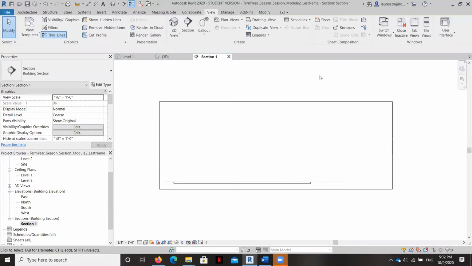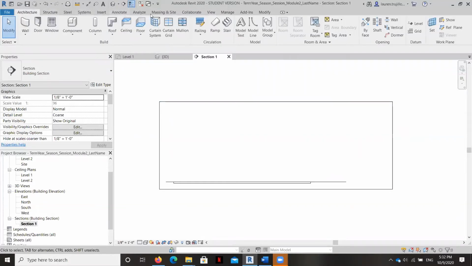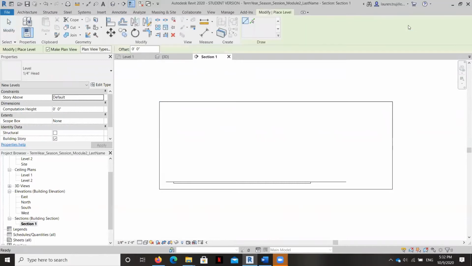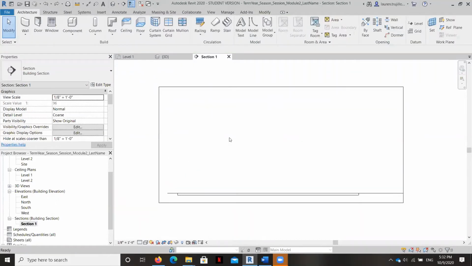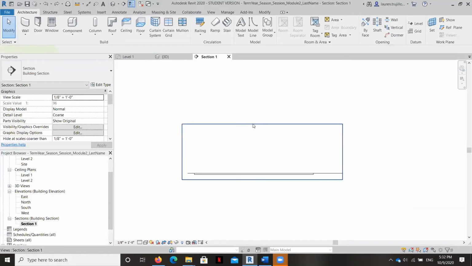And what we're going to do now is add our levels. So let's go to the Architecture tab. And sometimes there's a level that comes in already. And so what I'm going to do is just click and see if level 3 comes in. Okay, so we've already got a couple of levels in here, so I'm going to undo that command, and now we've got to find our levels.